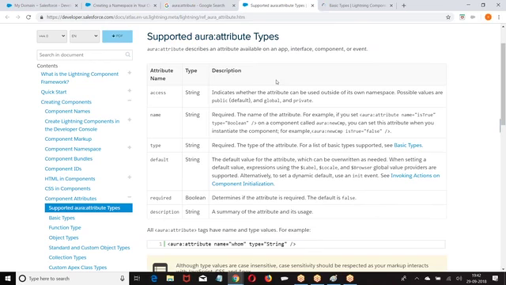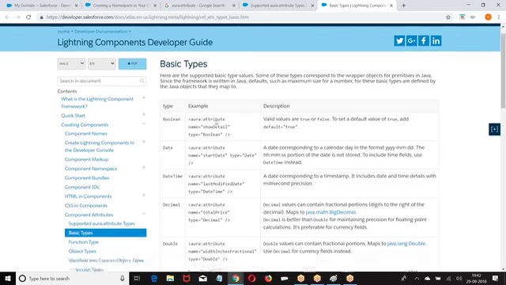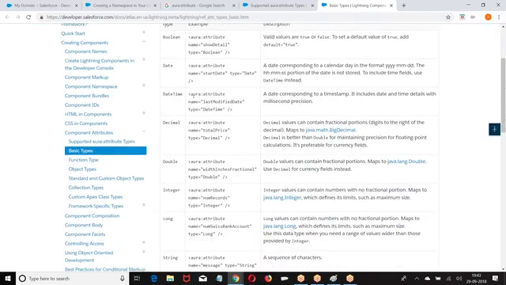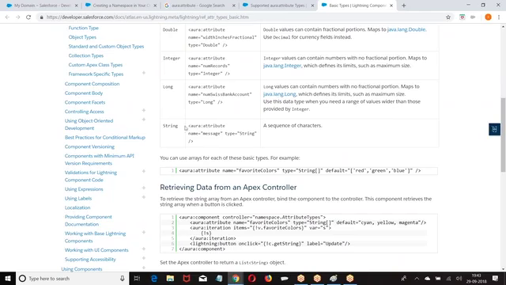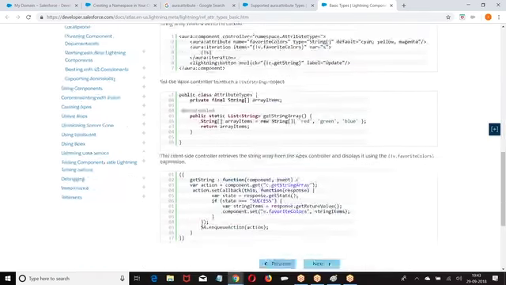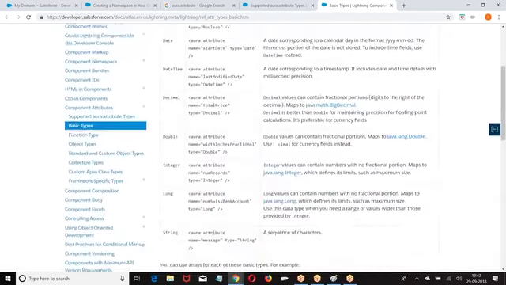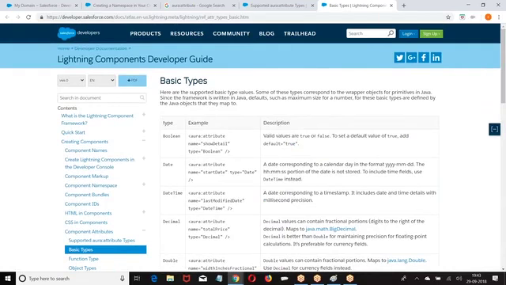Type integer, type boolean, type decimal, type sObject, type list. Boolean, date time, decimal, double, integer, long, string, plus object, list, array of elements.